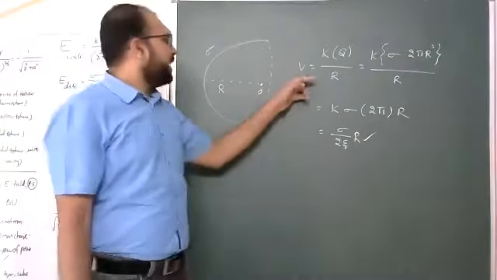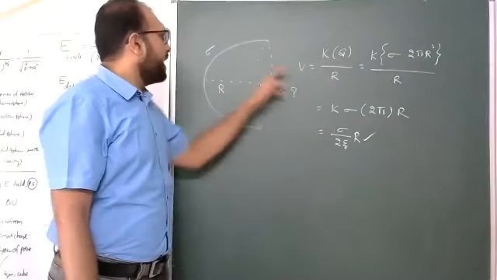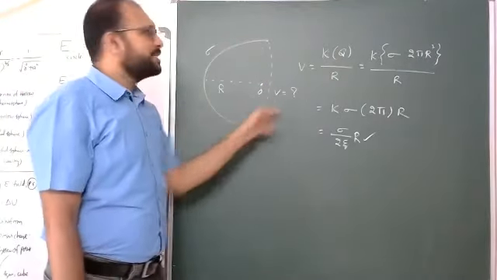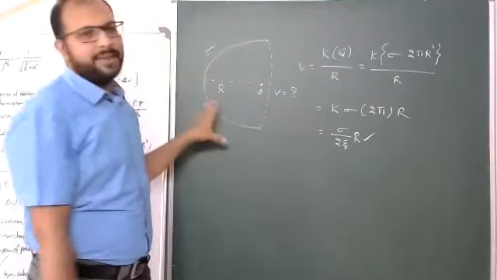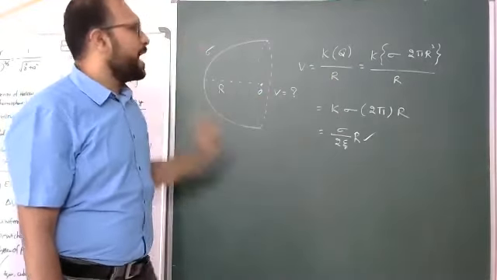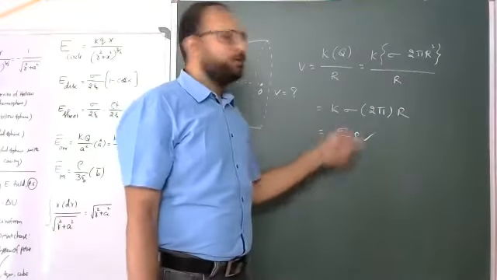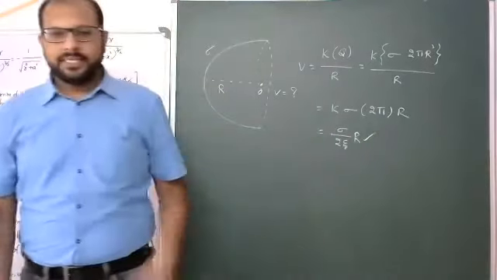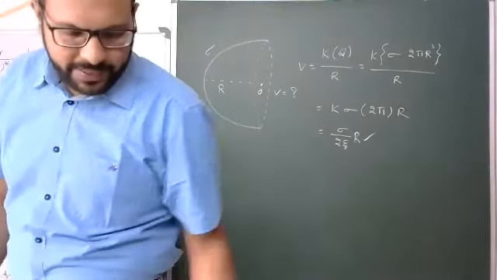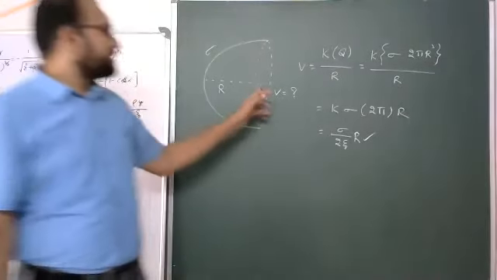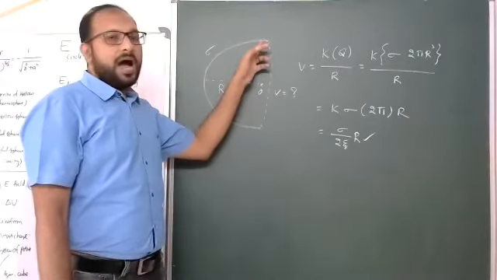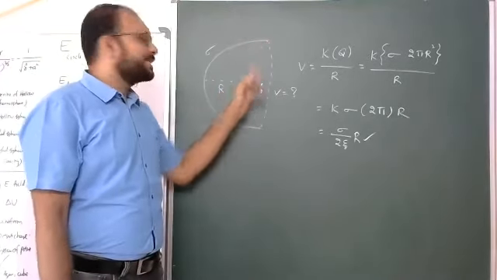So this is V equal to kq by r. Q means total charge. Total charge is sigma into 2 pi r square, since this is only a hemisphere. Then 1 by 4 pi epsilon naught and 2 pi cancel. Now completed. Please write that: this is the electric potential at the center of a hollow hemisphere.